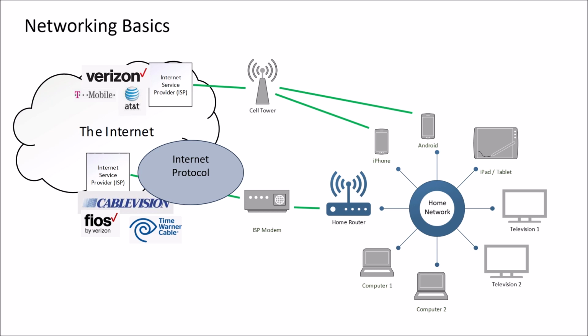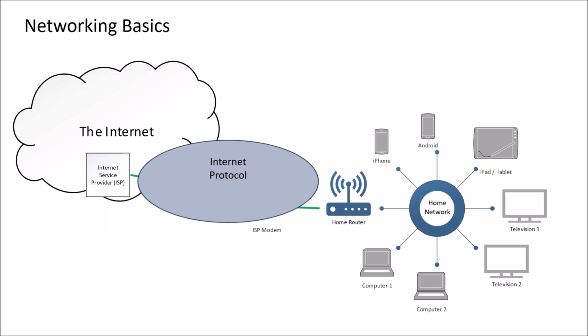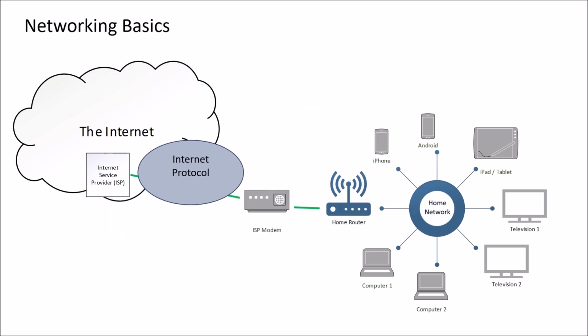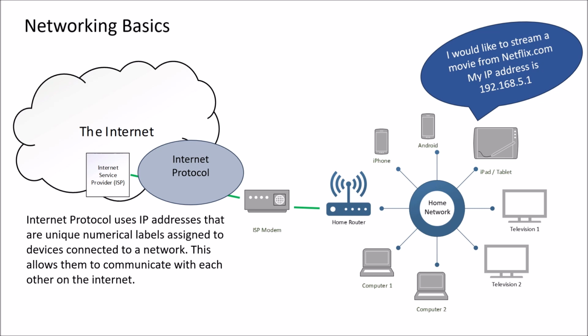Today, what they do is they communicate using something called Internet Protocol. The Internet Protocol is a language that the Internet uses to communicate from device to device. They use a series of numbers that are the names of each of the devices, as well as the websites that you go out to on the internet. So when you're using your iPad and you want to stream Netflix, you say, hi, Netflix, I want to stream a movie. My internet address is